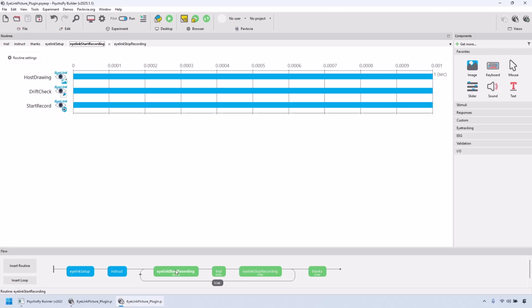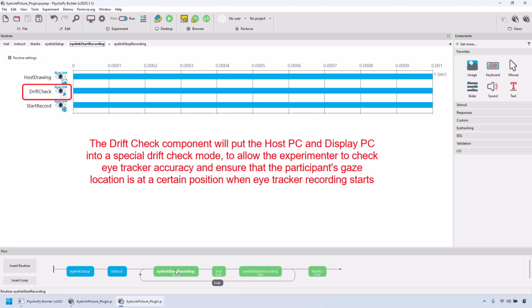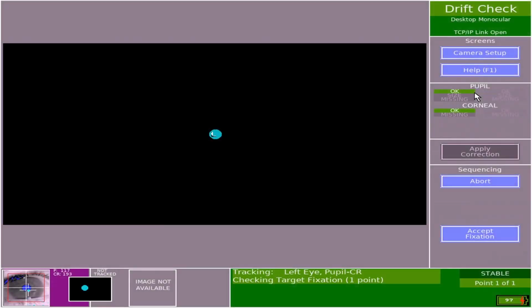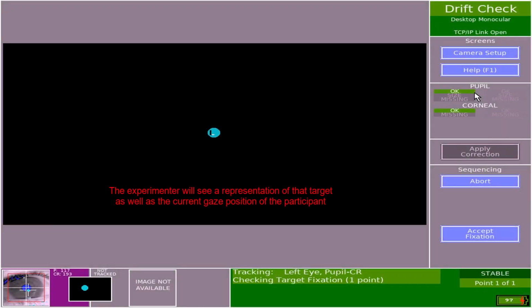The DriftCheck component will put the host PC and display PC in DriftCheck mode to allow the experimenter to assess eye tracker accuracy and ensure that the participant's gaze is at a specific position before proceeding. When the experiment gets to a DriftCheck, a single fixation target will be presented to the participant. Simultaneously, the experimenter will see a representation of the target along with a cursor representing the current gaze position on